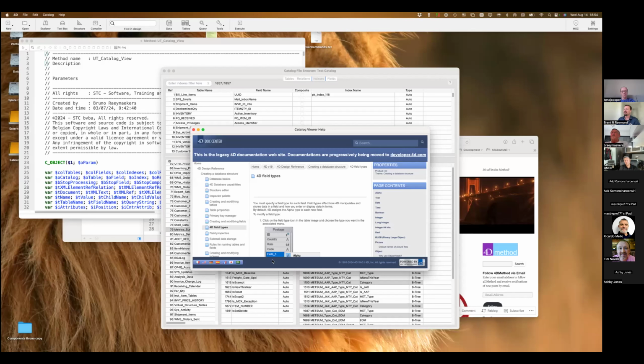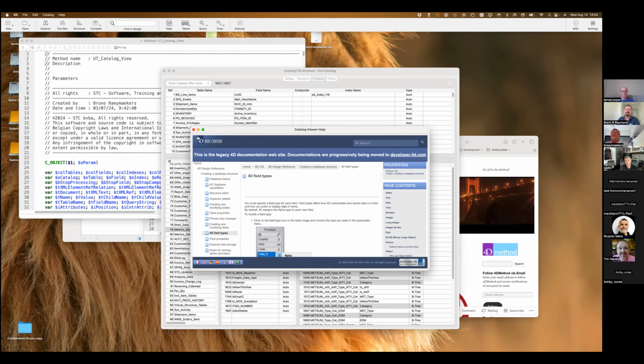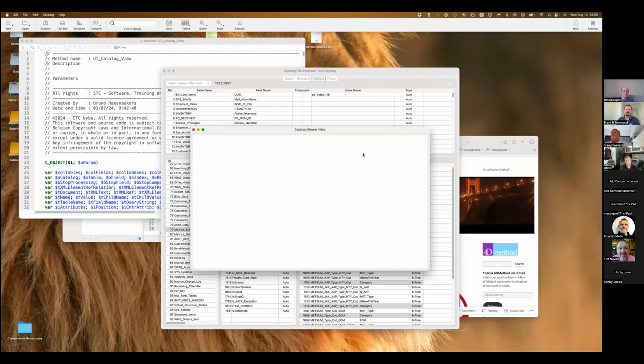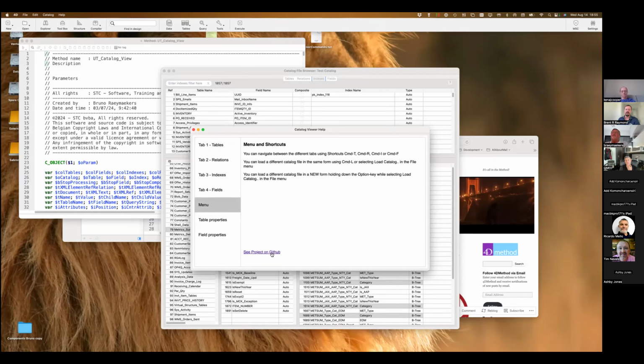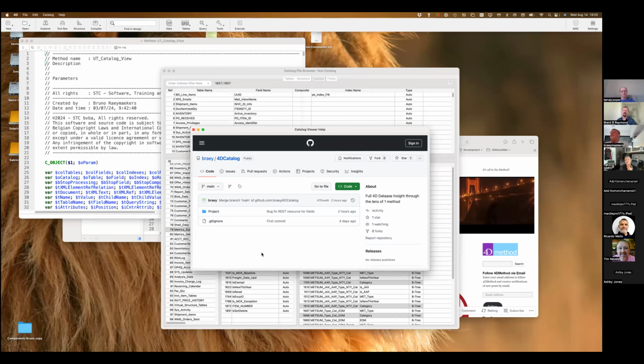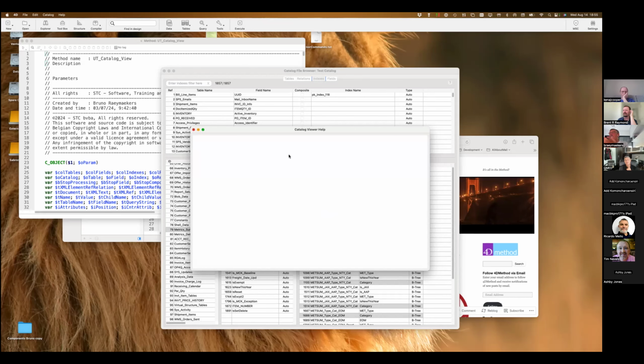There's even a link here to the 4D documentation in that help file. What is the relevant 4D documentation? And while you were talking earlier, I just put this in here too. So you can go directly to GitHub here and find the project and download it from here if you want to. Of course, you have to have it before you can do that.